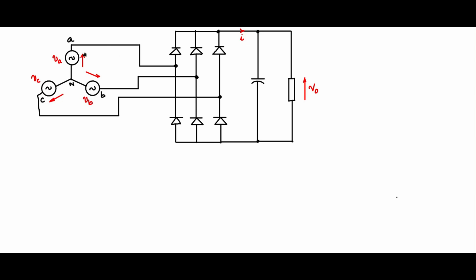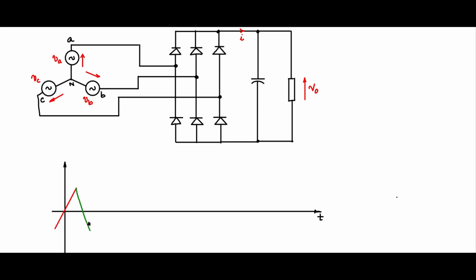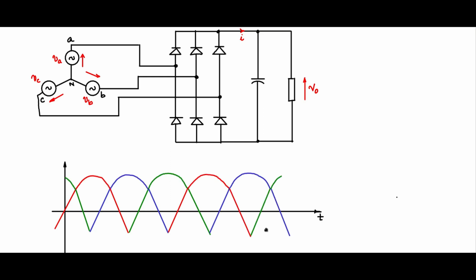Let us now draw the waveforms for the three supply voltages and see how the ripple voltage waveform at the output would look for a three-phase rectifier capacitor filter circuit. Now let us draw the XY axis, the X axis is T, and let us now draw the three-phase waveforms. I will draw in this fashion. Three-phase waveform drawing is difficult, but doing it this way will make it much simpler. Yes, now this is the A, B, C, A, B, C, and so on.